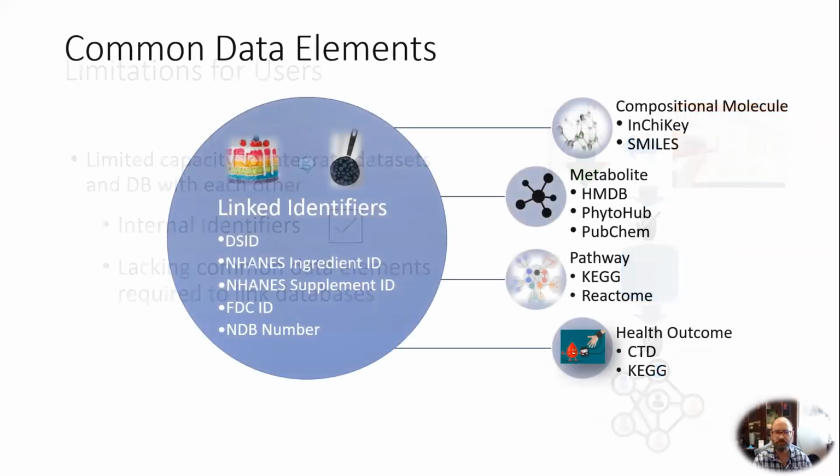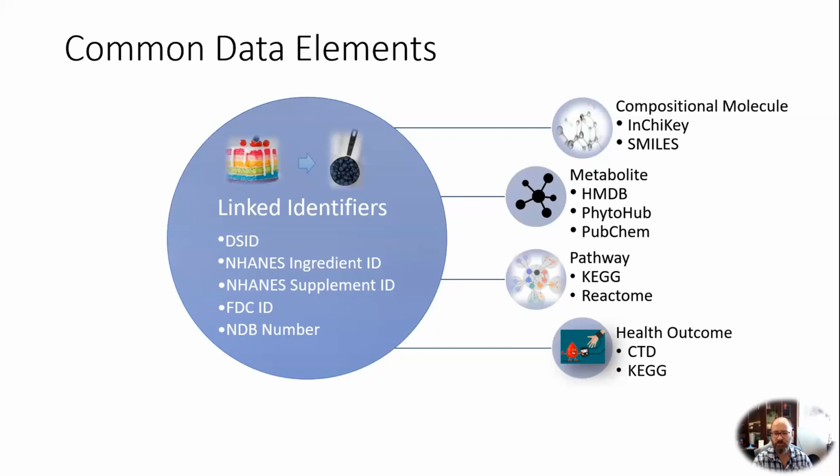So what am I talking about when I talk about common data elements? Well, within the USDA databases, we have linking identifiers which allow us to link things like ingredients to things like foods, such as the DSID, ingredient IDs, supplement IDs, FDC ID, or NDB number. However,